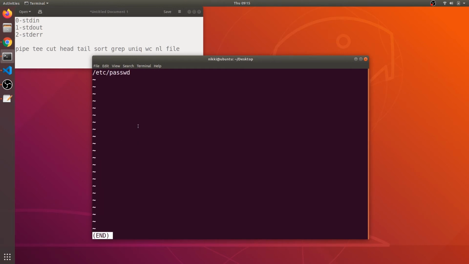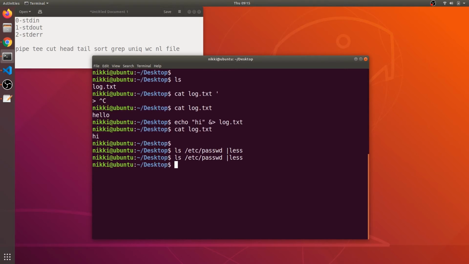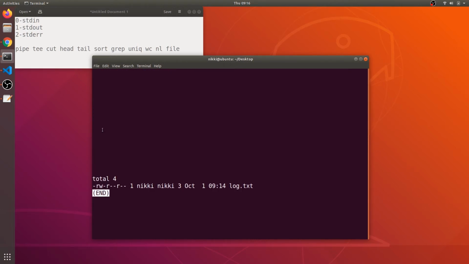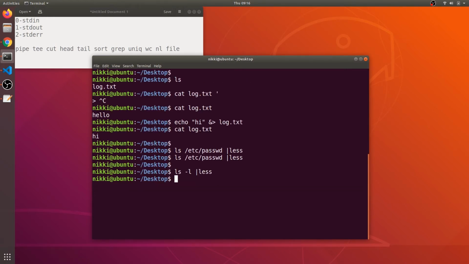Okay, I think we do not have the access. We can pipe this into ls -l to long list everything, and if I pipe this into this, okay, I have only one file. If I have so many files, I can just scroll through these files. So remember, this pipe is very important, and we will be using this pipe a lot of times.